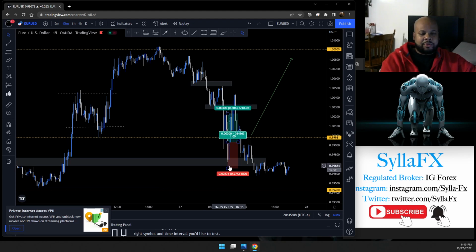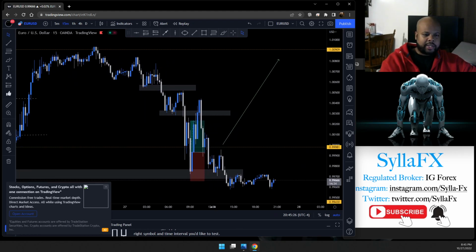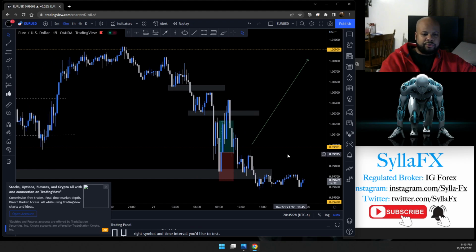So we were in quite a bit of drawdown, about 20 something pips, I believe. Yeah, about 20 something pips we were down on that one. But price came right into that zone, rejected, and closed right back at my break-even point where I entered the trade initially. So as you can tell, price went ahead and continued to move up, and we hit our take